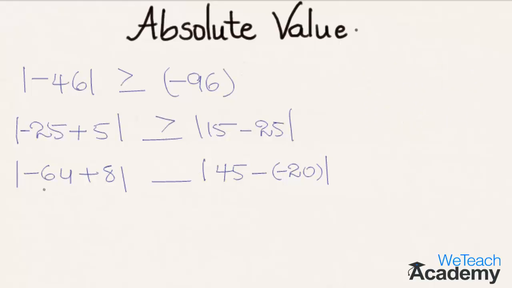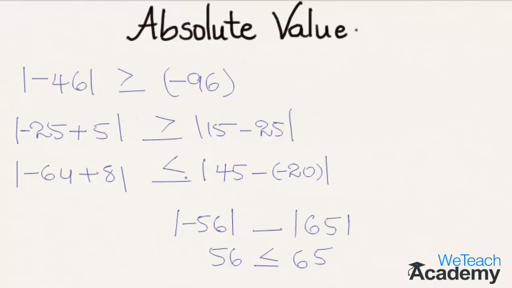Coming to the next example, that is the absolute value of minus 64 plus 8, which is nothing but the absolute value of minus 56, compared to the absolute value of 65. That implies we get 56 compared to 65. So here 56 is less than 65. So we can say that the absolute value of minus 64 plus 8 is less than the absolute value of 45 minus of minus 20. Hope you understood the